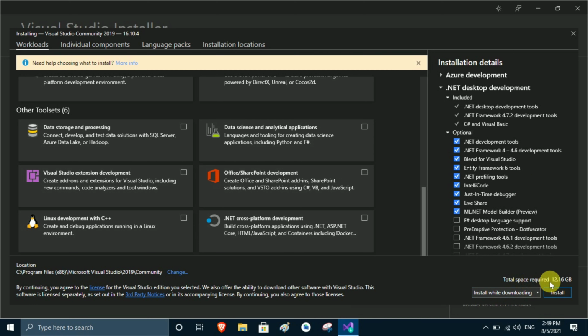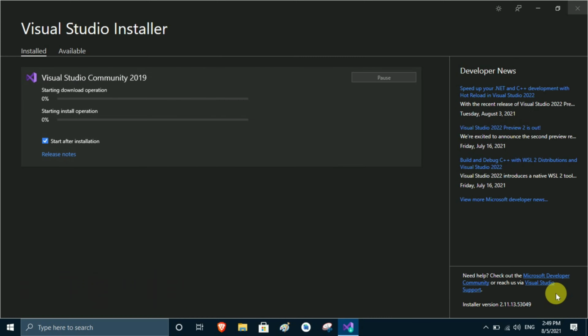Here you see it is written 12.16 GB space required, so we click on the install button and then here you see download operation and install operation are listed, so we wait for a few minutes to let it be completed.